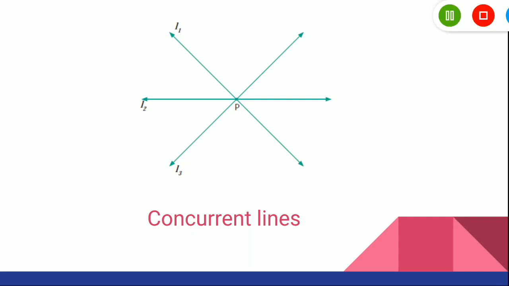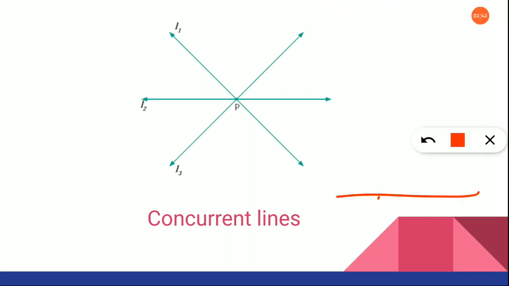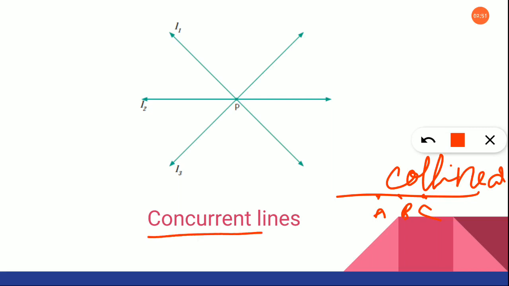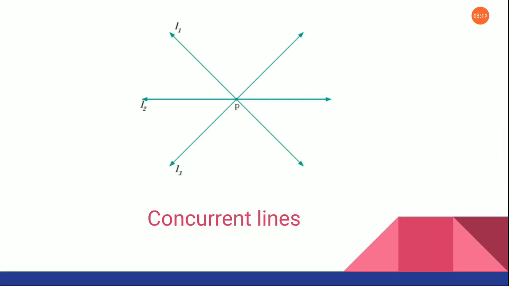Collinear means there will be a line and three dots will be there continuously. That is called collinear. Okay, and the next new word is concurrent. That is when many lines, not only three lines, it can be as many lines as you want, meet at a single point, we call them concurrent lines. Clear children? So based on this only we are going to solve exercise 4.3.